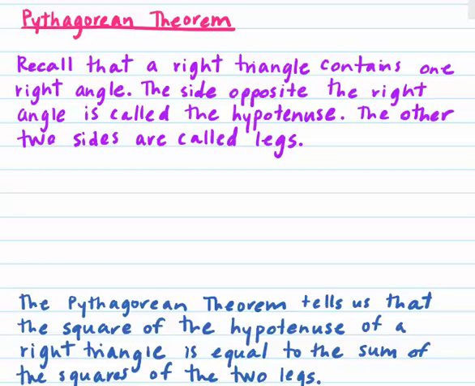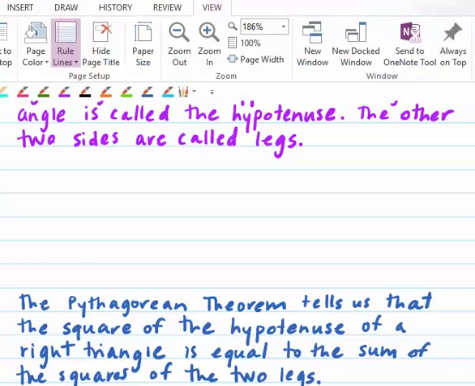The Pythagorean theorem is used if you have a right triangle and you know two of the side lengths, but you're missing the third. Recall, first of all, that a right triangle contains one right angle. The side opposite the right angle is called the hypotenuse. The other two sides are called the legs. So, for example,